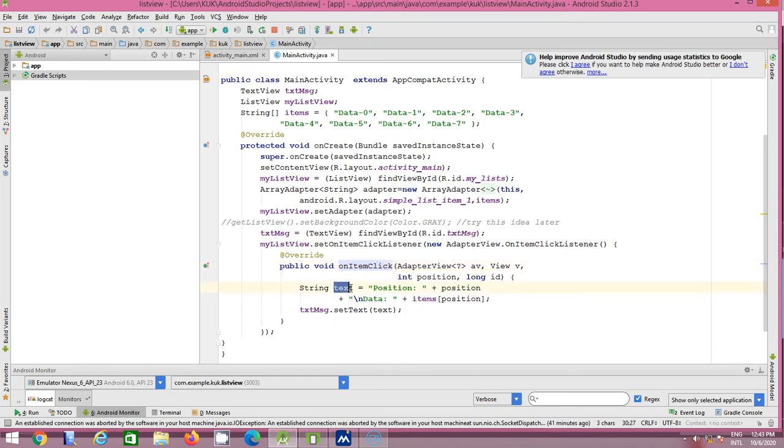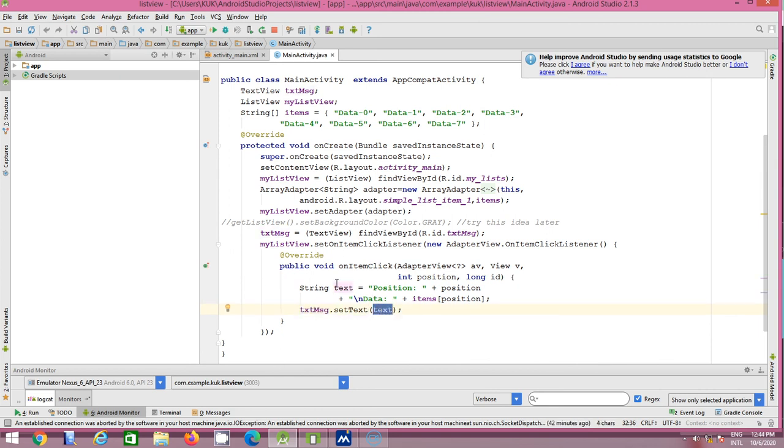We take a variable text position equal to position and data equal to item position. The item selected by the user, that value will be stored in the text, and we set the value of the text view by the statement message dot set text, and that text value will be set.